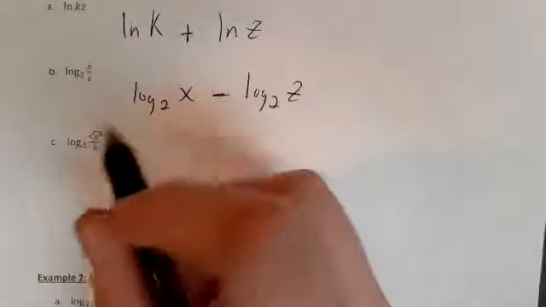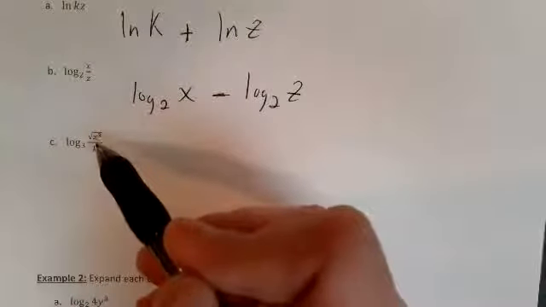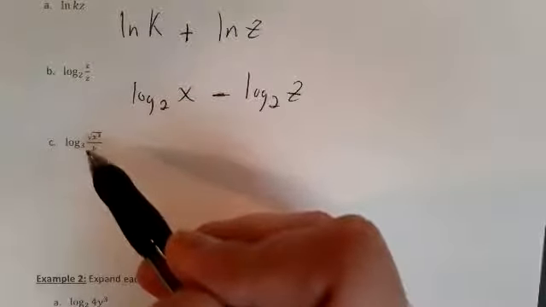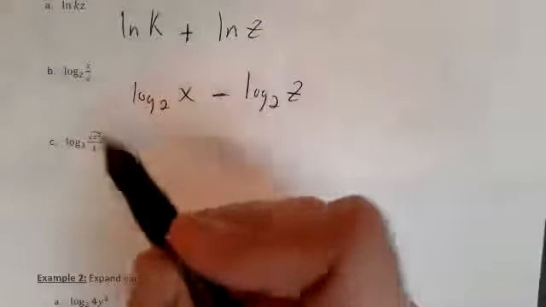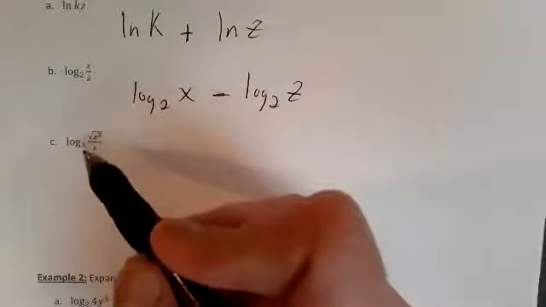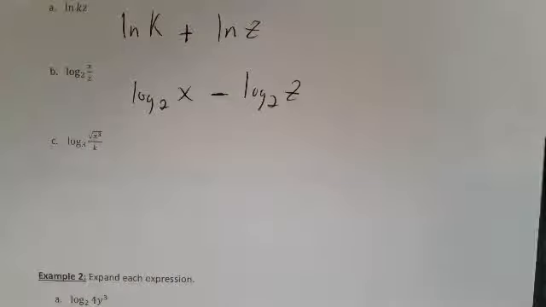So if I look at this, I hope you see this. This is what? Square root of x to the third. And so you might notice there's some division in there. There's a square root and there's an exponent. So if we want to break this thing up,